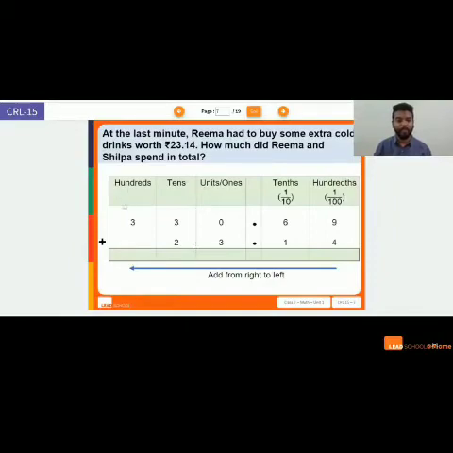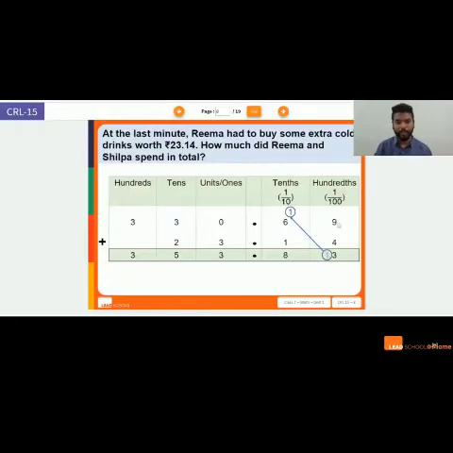Alright. Here I have 330.69 rupees written as per the place value. Now I have written down 23.14 rupees also. I will always add from my right to left, from my smallest place value to my highest place value. All right. Here it's a little different than what we saw last time. Let us see how.